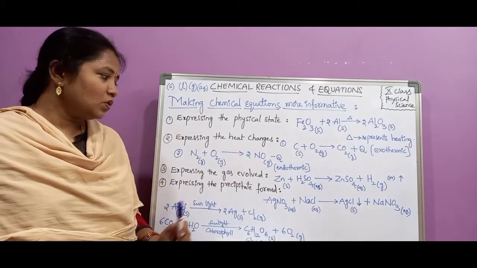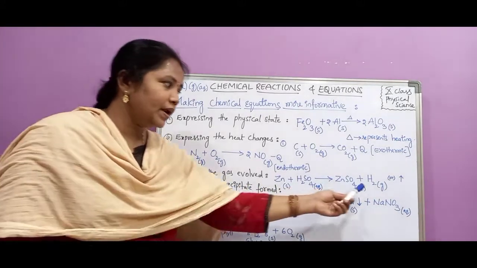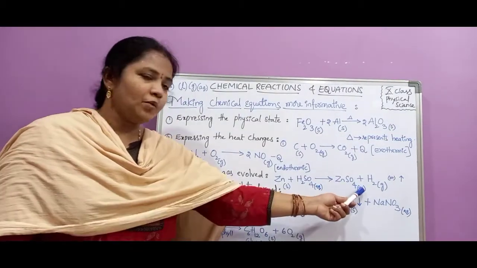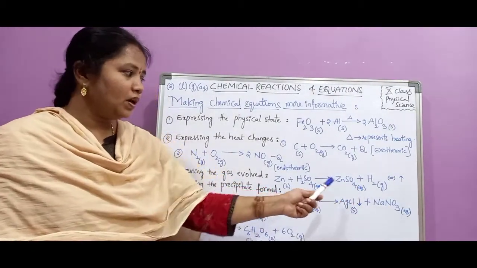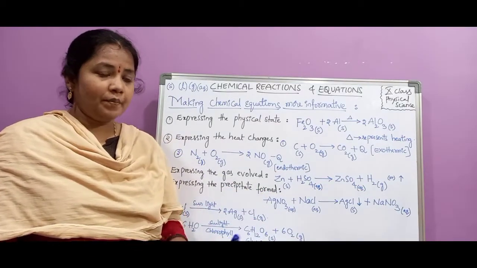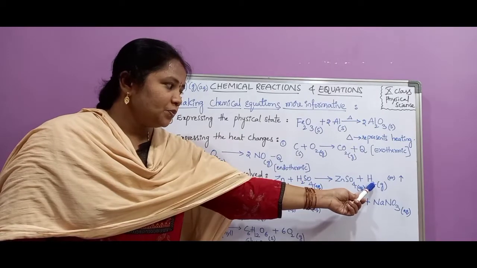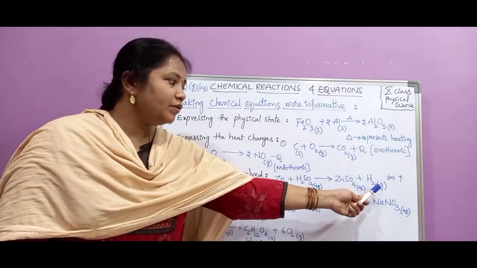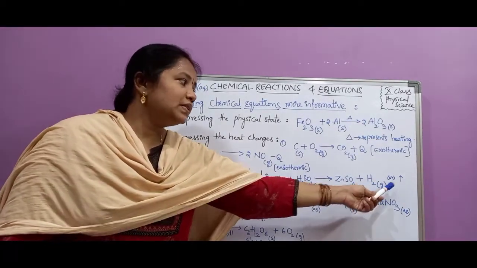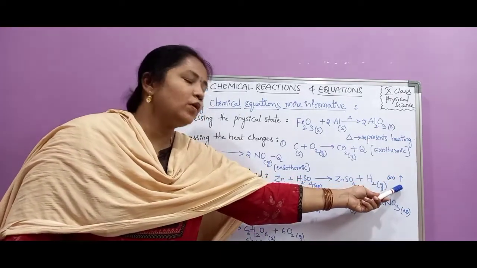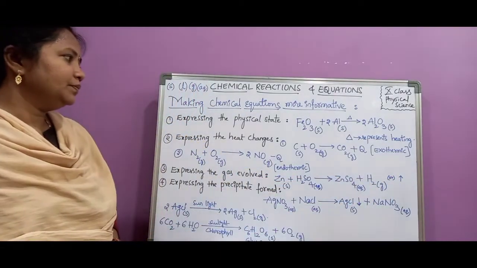In that case also, first of all, we have to write the total chemical equation with the formulas of reactants and the formulas of the products. And if any gaseous product is formed during the reaction, then beside the gaseous product formula we have to write (g), or otherwise an arrow mark upward. Here I have represented an arrow mark in the upward direction.